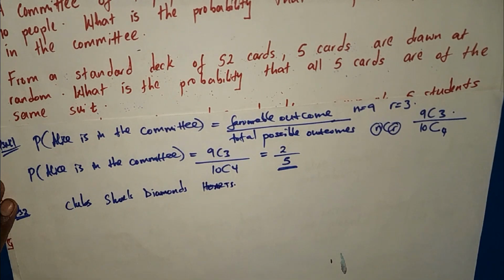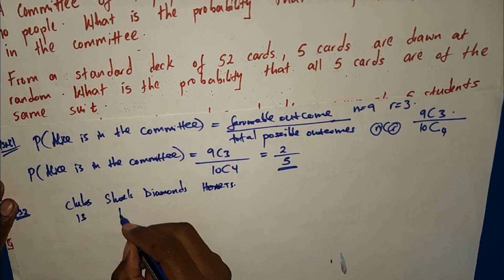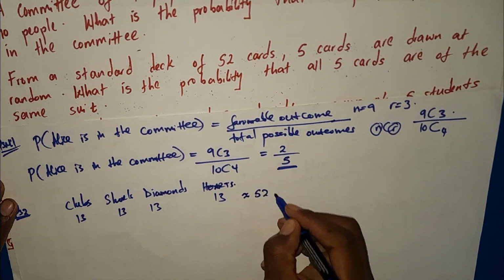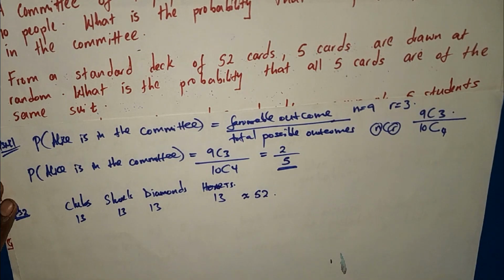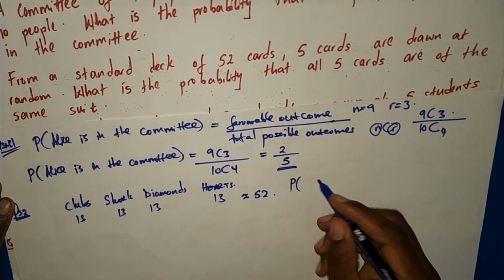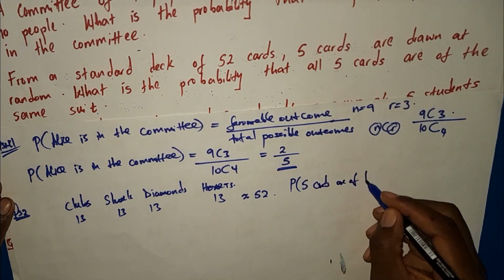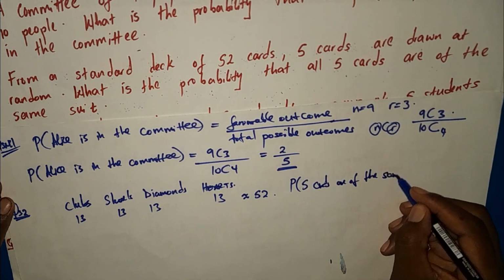In each suit we have 13 cards, which gives the total of 52 cards. Now the question is asking for the probability that the 5 cards which are drawn are of the same suit, meaning they are either of the club suit, or the spade suit, or the diamond suit, or the heart suit. Therefore, let us first write the formula for probability: the probability that 5 cards are of the same suit